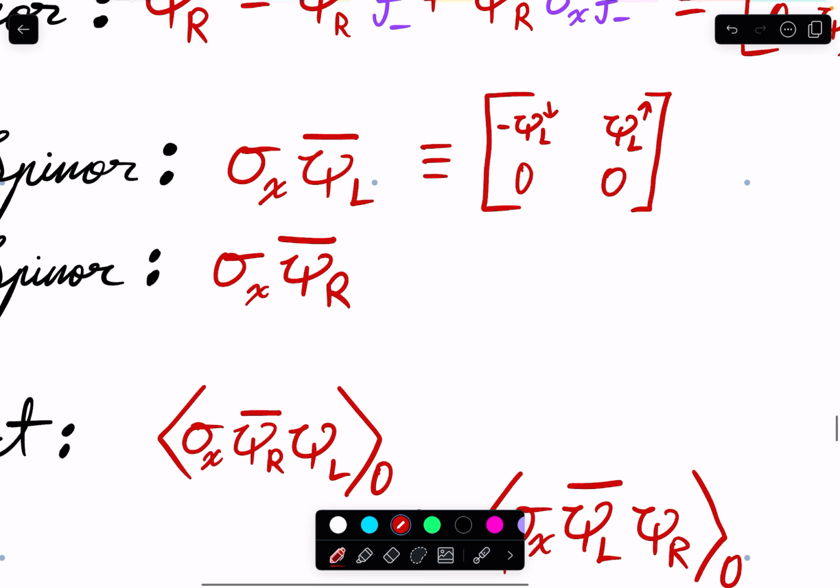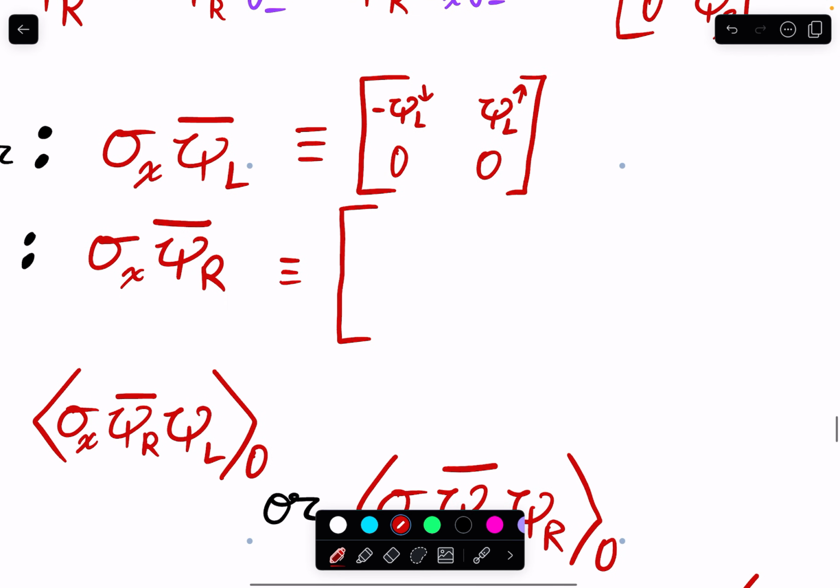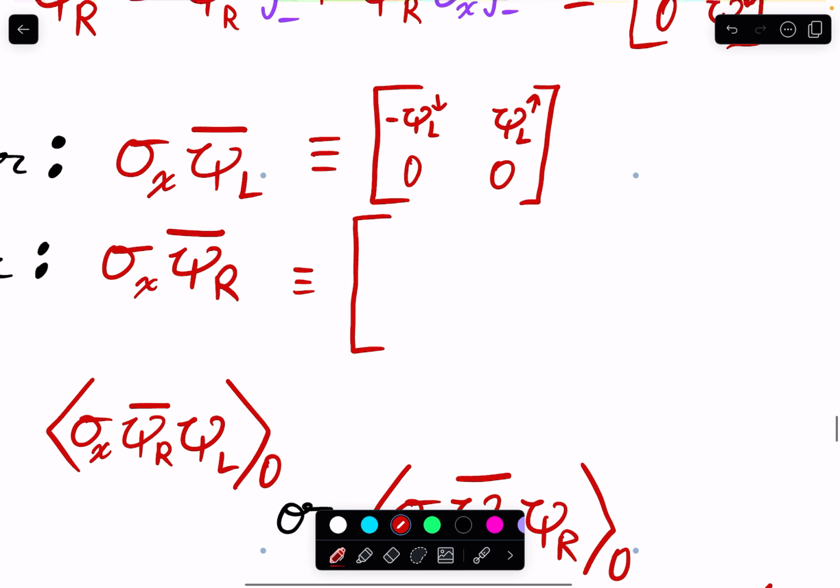And then this has a matrix representation where you have